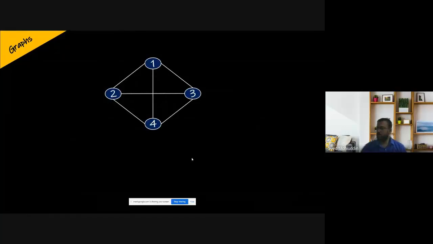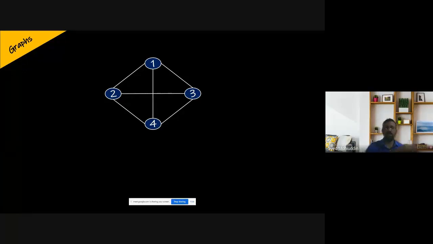Now let us quickly go through what graphs are. We are not going to go into detail because the other parts of graphs we will try to look at in the third unit, fourth unit, I suppose, where we have breadth first and depth first search traversals. Now, this figure, if you observe this figure, what is happening is,